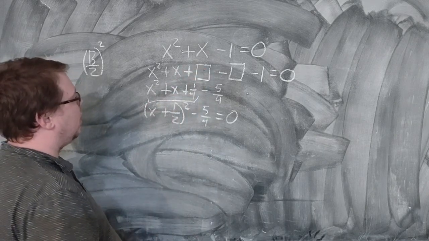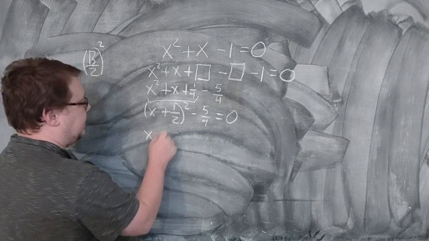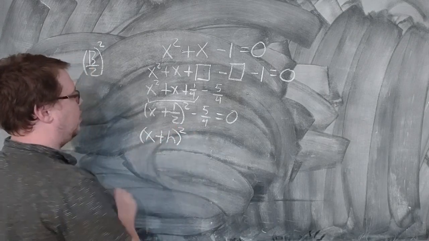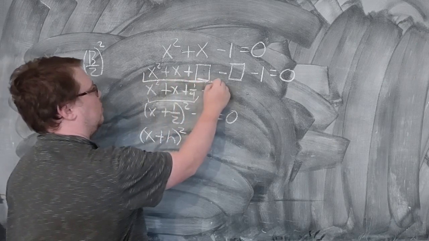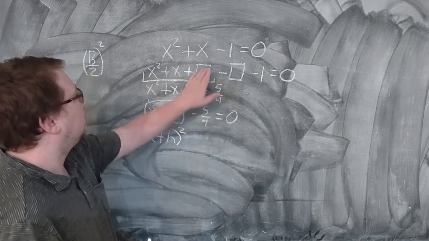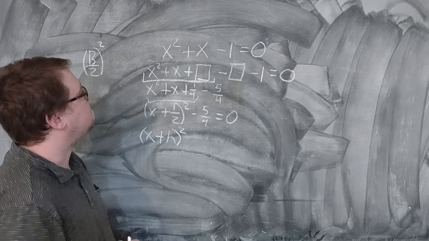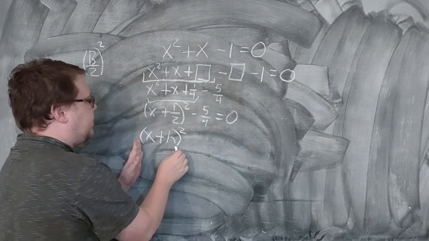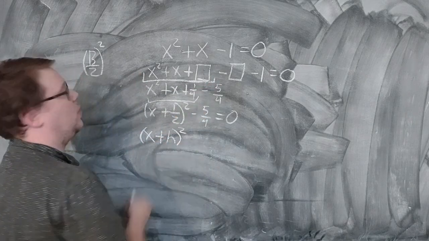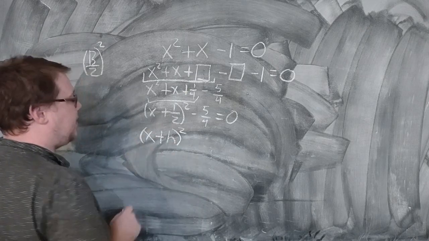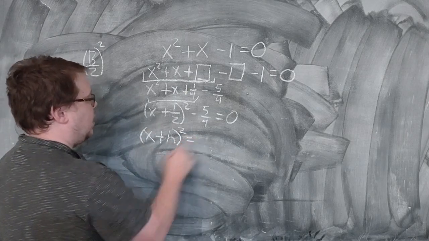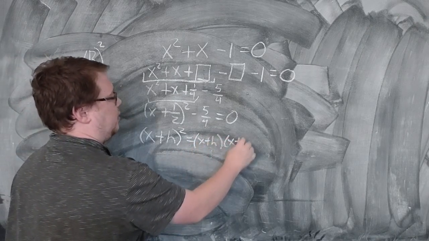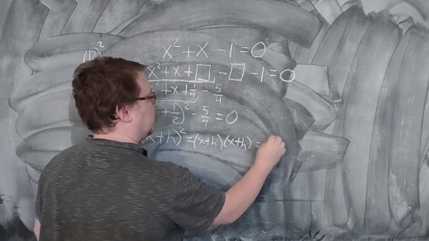So when we complete the square, we want something that looks like this: x plus something, I'm just going to call it h, squared. Whatever this magic number is, let's forget we know it's b over 2 squared for a minute, we want it so that this thing will factor into x plus something squared. So let's start with that x plus something squared, and let's FOIL it out. That is x plus h times x plus h, which is x squared plus